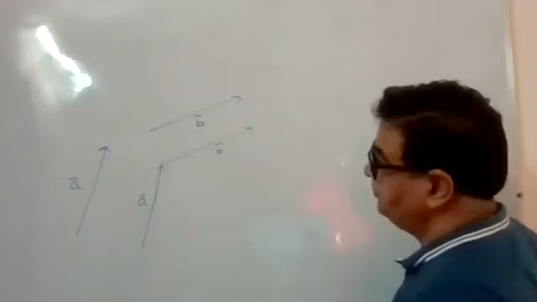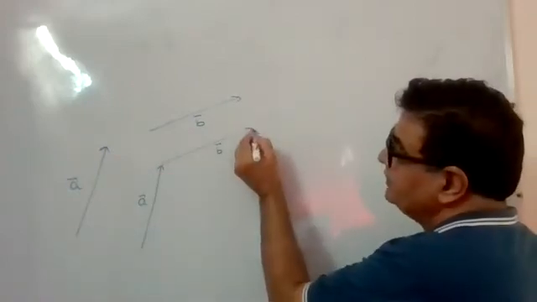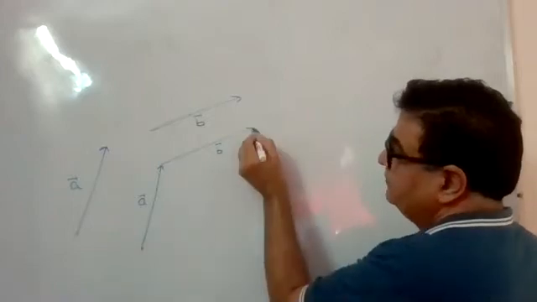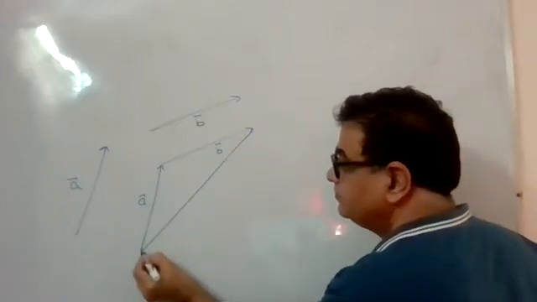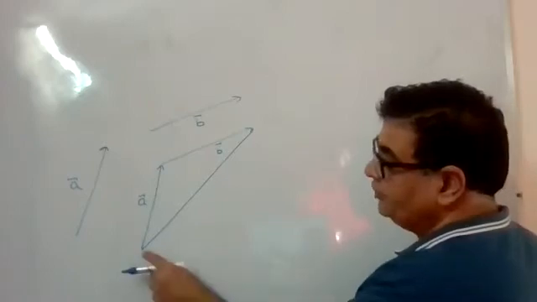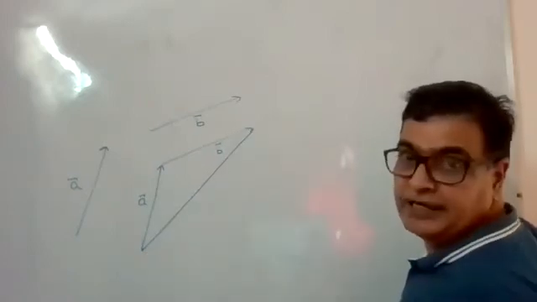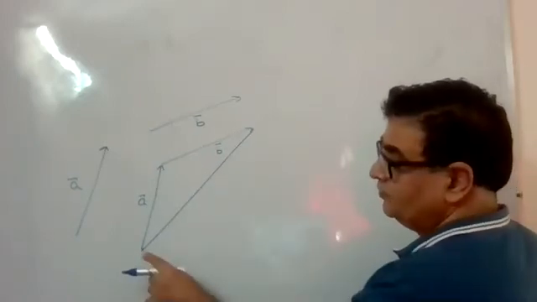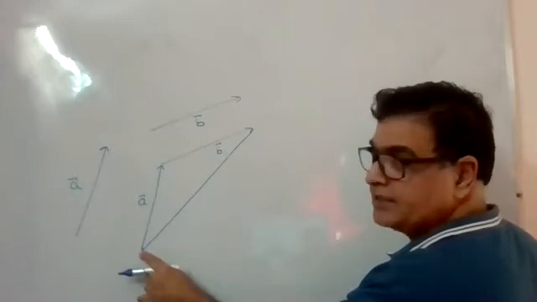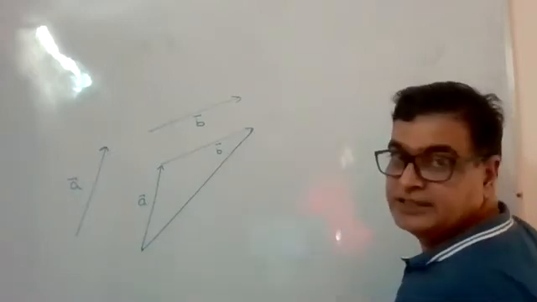Then if you join this point to this point directly, that is the initial point of the first vector to the head of the second vector,